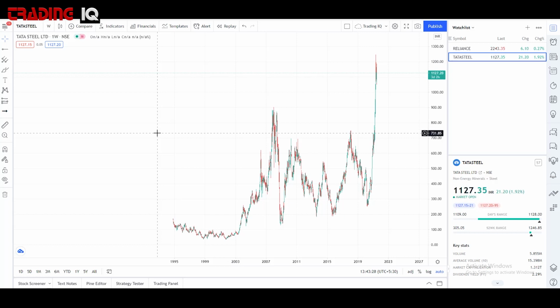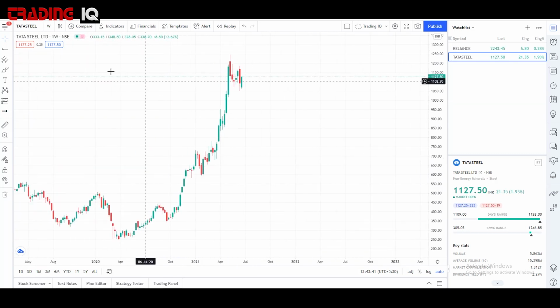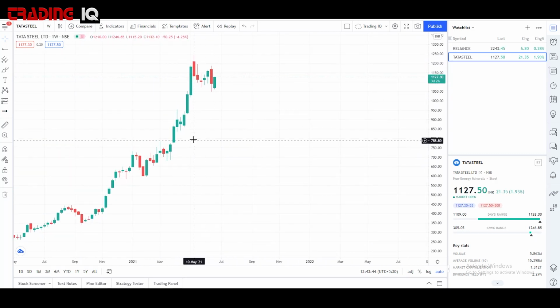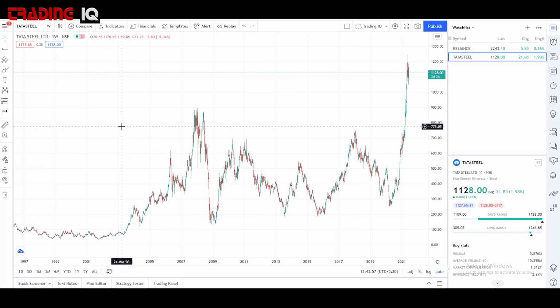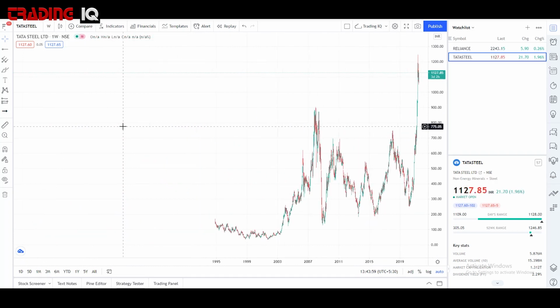I'll just focus on understanding the price action. Just focus on understanding what I'm teaching you one by one. So you understood candlesticks. For the weekly time frame, each candle represents a week, right? So this candle formed in the week of May 3rd. This candle formed in the week of April 24th. So combining all these weekly candles, it formed a shape.